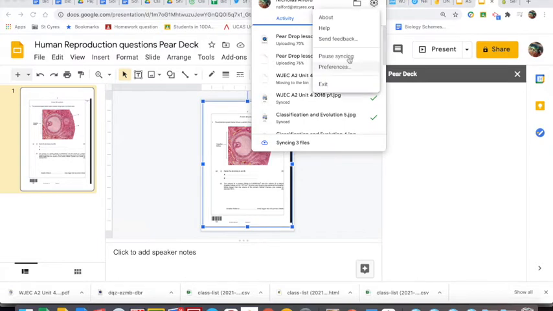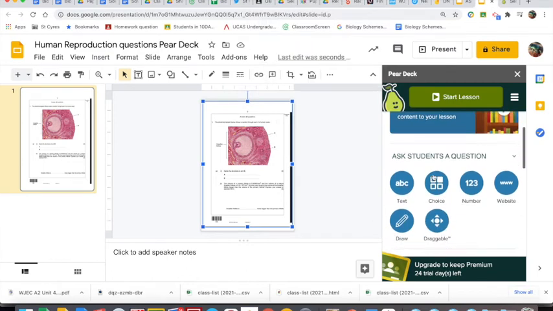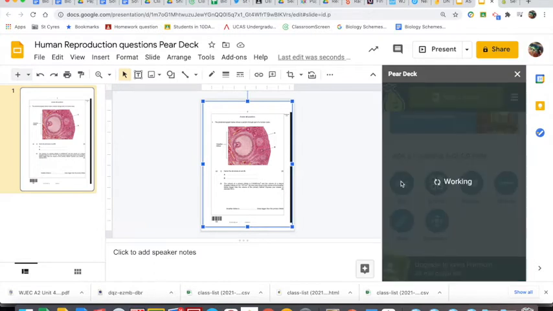I'll just pause this to try and speed things up. Okay, so that's paused. Right, so what I'm then doing is choosing which sort of question I want. If I click on draw, then this will allow the students to write their answers anywhere that they want on the slide. However, for ease of marking, I'm going to put each individual point of the question as a text one. So if I click on that,